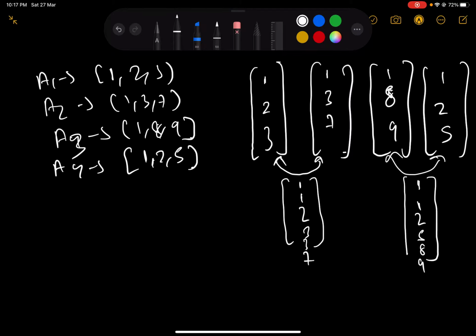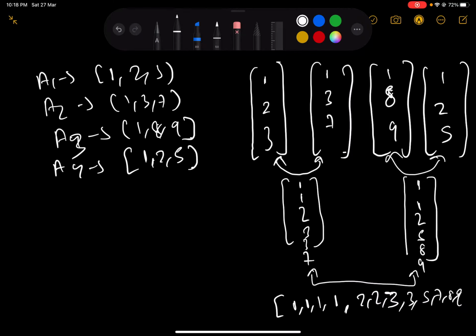Then you have two arrays remaining. Now you will apply the same algorithm: you pair them up, and since you have only two arrays remaining, you apply merge two sorted arrays to them, and that will give you the end result, 1 1 1 1 2 2 3 3 5 7 8 9.